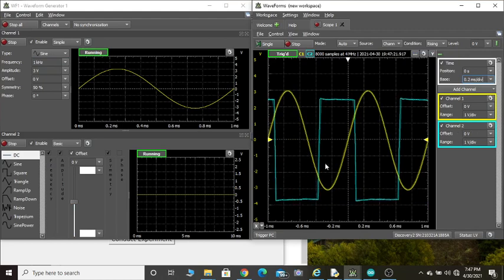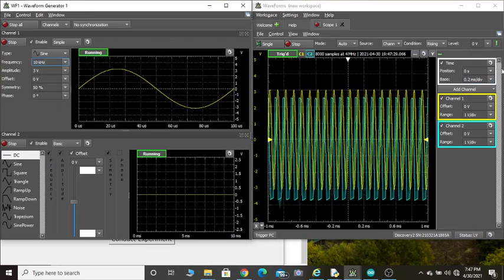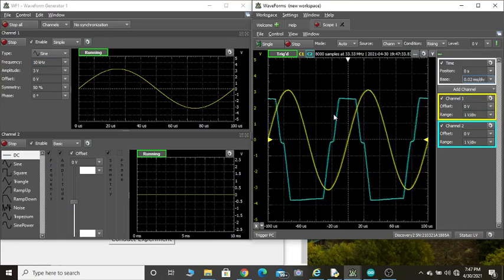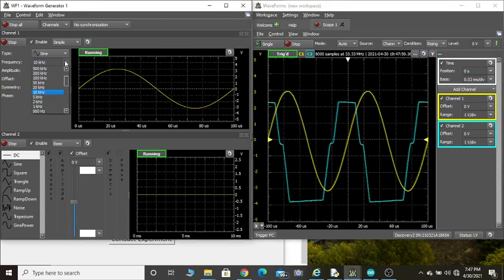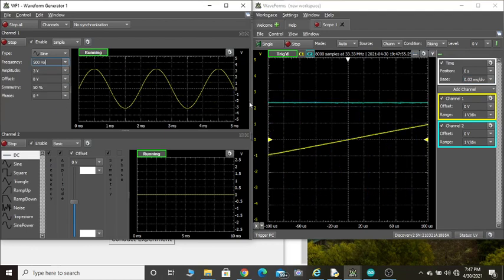You can see for 1 kilohertz also, this is fine. If I further increase the frequency, you can see the slew rate impact will come, so that you are able to observe here. Can you see this effect? This is the slew rate effect, which is taking some time to go from plus Vsat to minus Vsat and minus Vsat to plus Vsat. So to avoid this type of slew rate effect at the output, we keep the frequency of the input signal relatively low, even if it is 500 Hertz or so. So this would be fine.